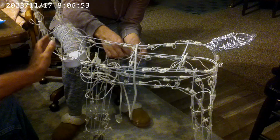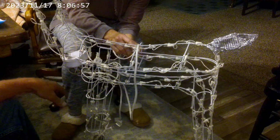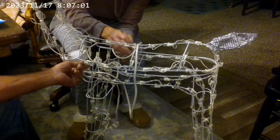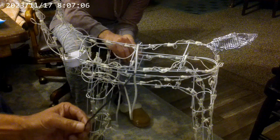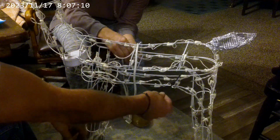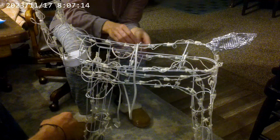I showed you how we did the ears and the feet and the tail and all that fun stuff. And this one was kind of falling apart, so I'm just taking zip ties and putting a couple zip ties on the body to keep the body together. And while I'm doing that,